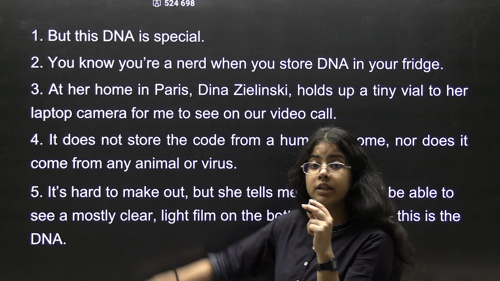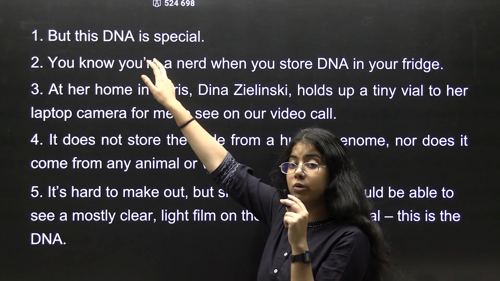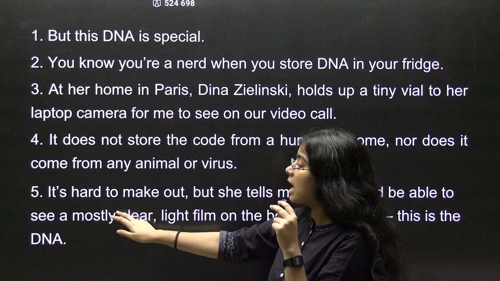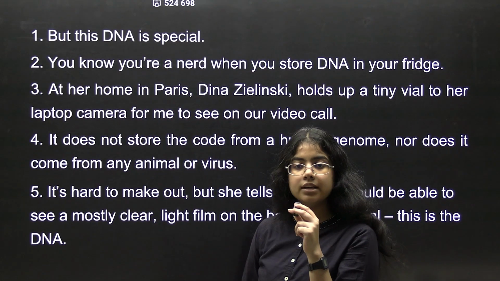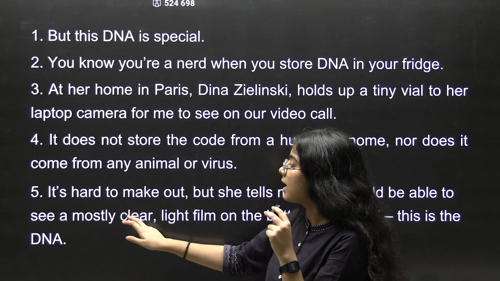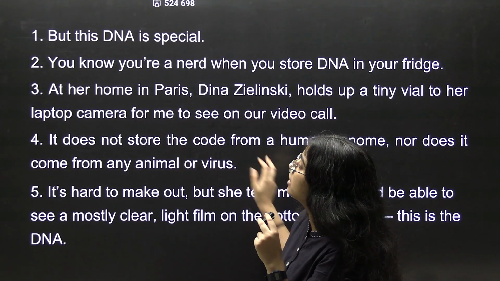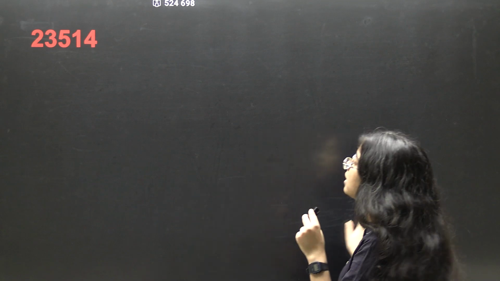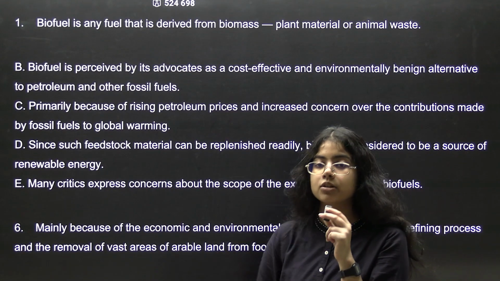So how did we solve it? We found an opener, the more general statement. Then we tried to make the noun-pronoun link. So 2, 3, 5, then 1 and then 4. That is your answer. We did it without options. You can do this quickly even with options. Try to practice without options. If you get good at it, then you can easily master questions with options. Try one more with me. Try this.